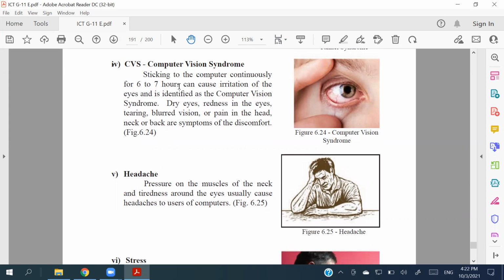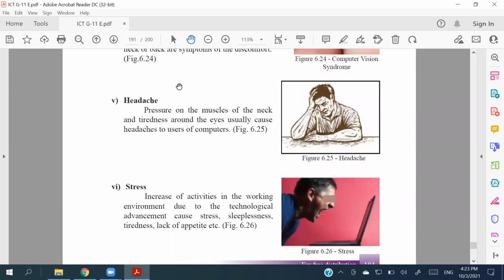And again, due to this incorrect posture, because of your neck and because of your eyes, you will be getting headaches, right? And stress as well. Now stress is not an illness, but it is not good. It will be a cause for a lot of illness. If you get stress, gastritis will increase. Sometimes for no reason, you will be having a lot of pains here and there, right?